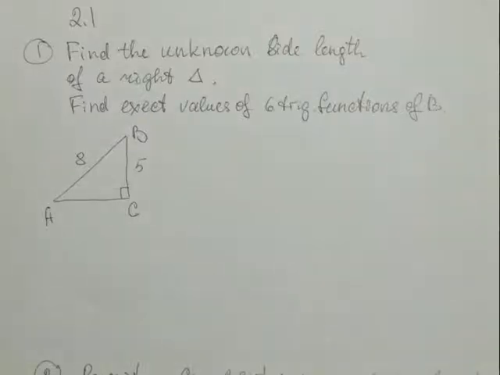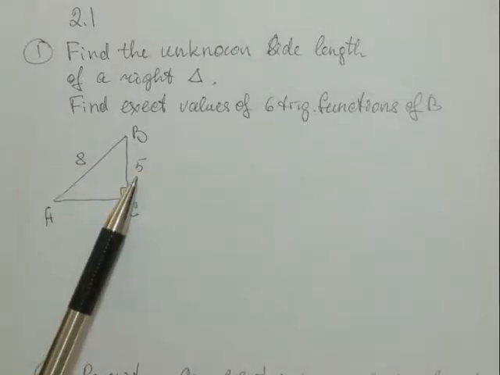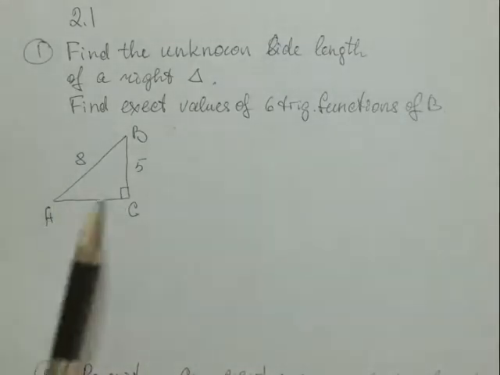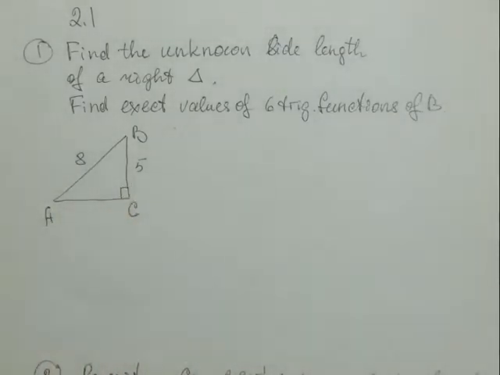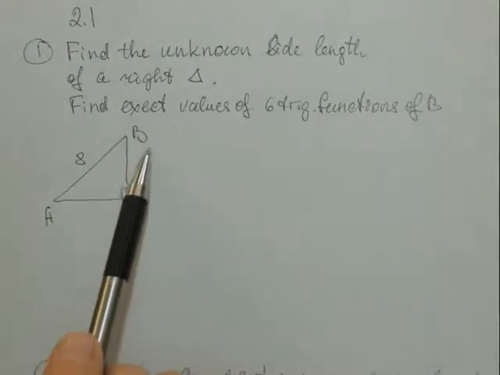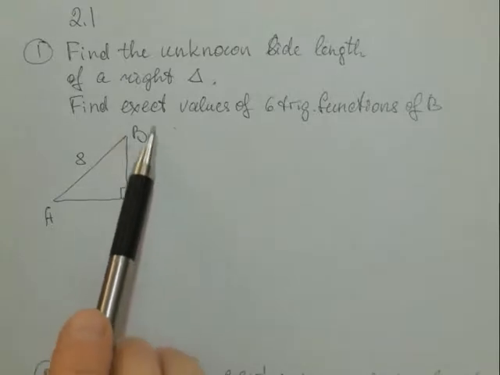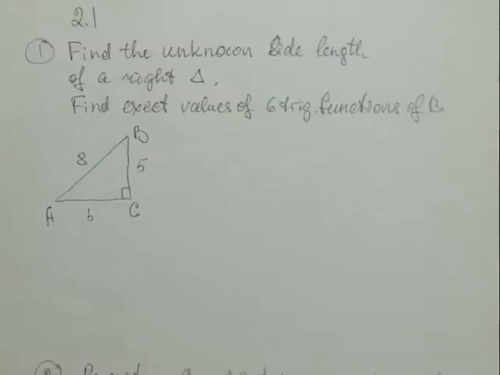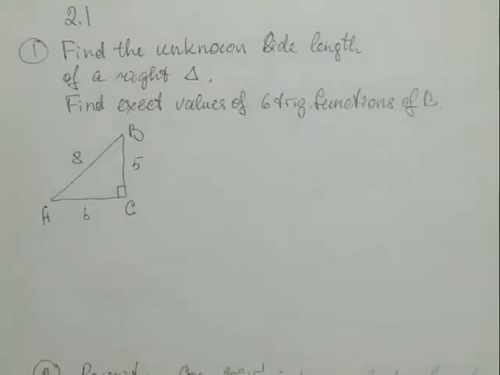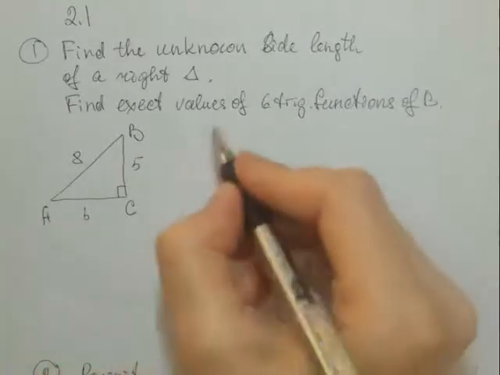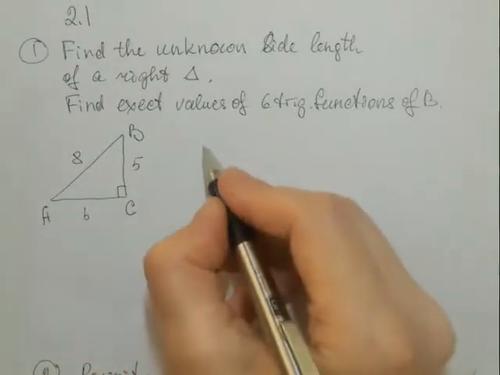Let us consider the right triangle ABC with two given sides and find the unknown side, the side AC or the side b. Usually when we have an angle B, we denote the angle with the uppercase letter B. The opposite side we denote with a lowercase b. If it is a right triangle, we can apply the Pythagorean theorem. The Pythagorean theorem always